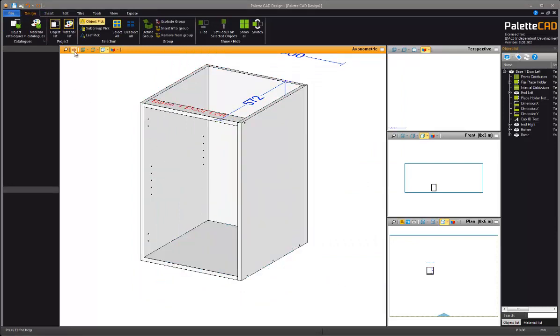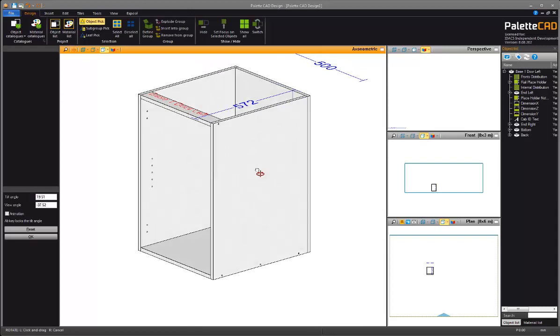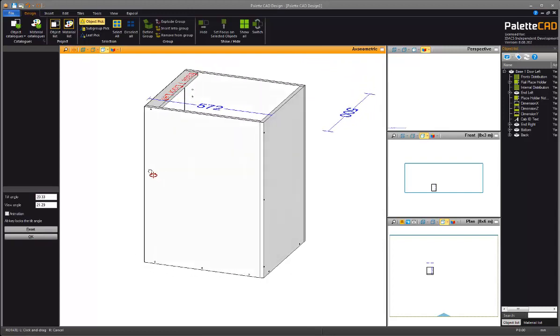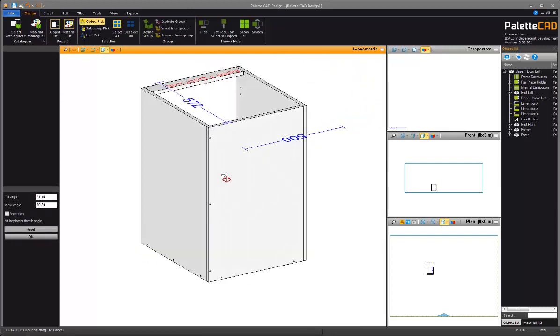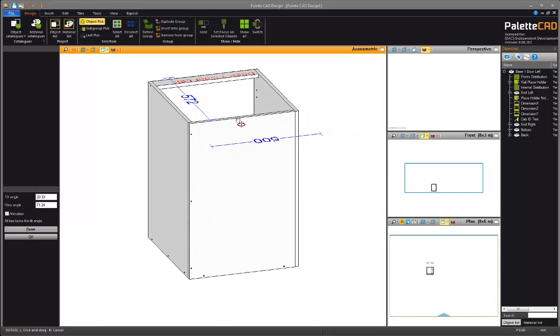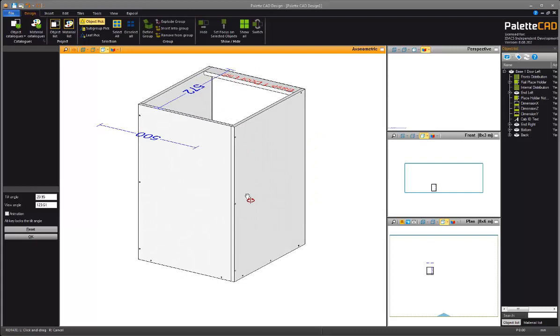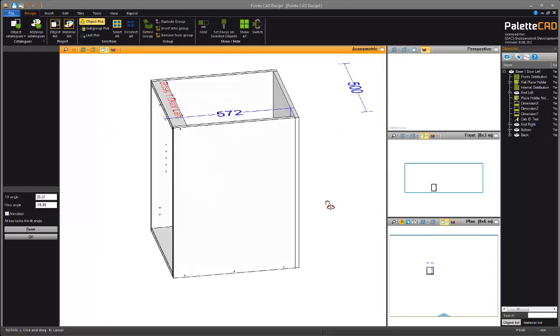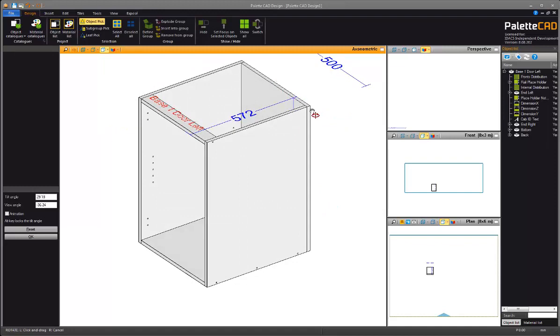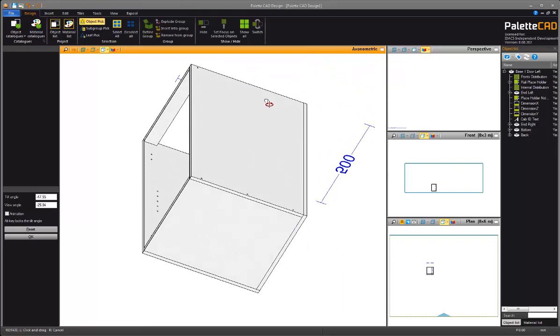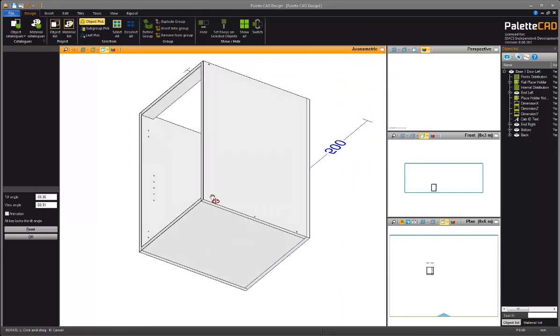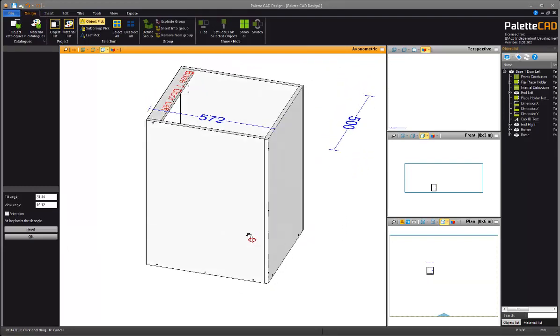So now we can see that we've got a totally customized construction method where on the left hand side of the cabinet, the back is stopping short and has screws into the end or the gable, whereas on the right hand side of the cabinet the back extends all the way through and the right hand end or gable butts into the back. So all of these different construction methods are totally possible with PalletCAD,